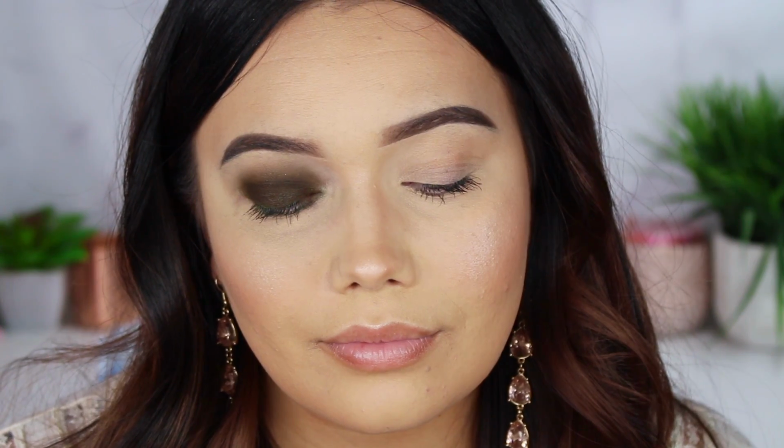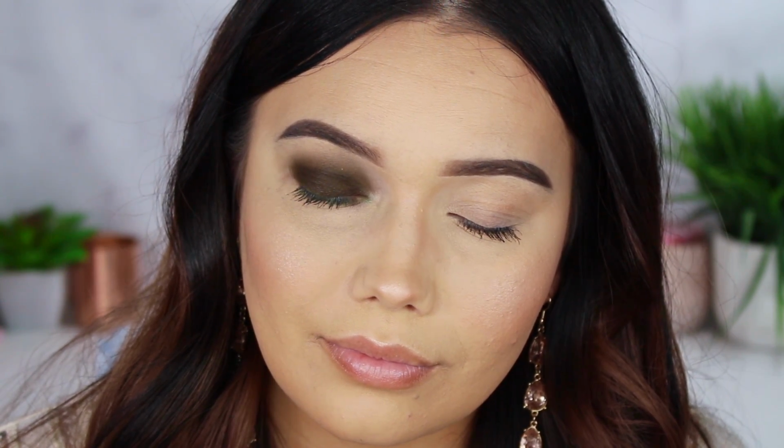You're just gonna have to watch that a bit, but I really like this brown. It's blending out really nicely. Oh, I love a matte brown all over the lids. I just do. That is gorgeous. So there is the shade Charmed, which is just the matte brown. And I really do like this color. All right, you guys, so let me remove this and we will move on with the eyeshadow tutorial portion of